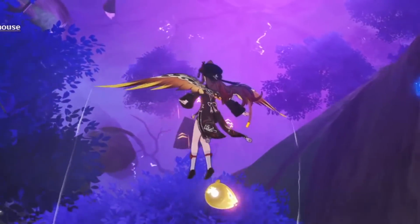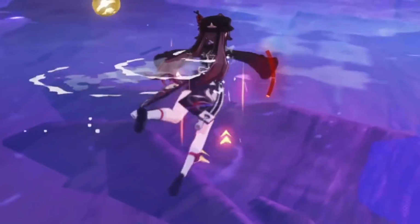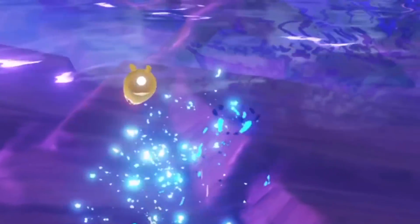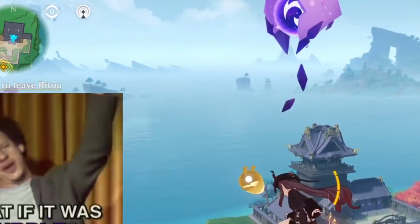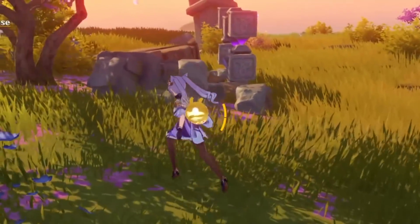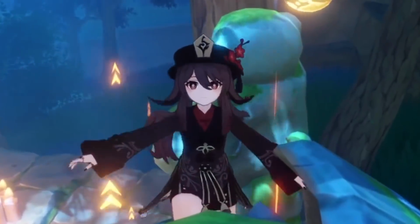This purple water looks incredible. I went to go take a swim in it, but Hu Tao's character model wasn't tall enough to walk on the rocks, so she drowned. Oh wait, this water does damage. Whoops. It just feels so good exploring Japan too after all this time waiting for it. New enemies to fight, new items to collect, the new Electroculus, yes that's what they're called, to find. All these new environments to explore, locations to find to discover all their secrets, and...